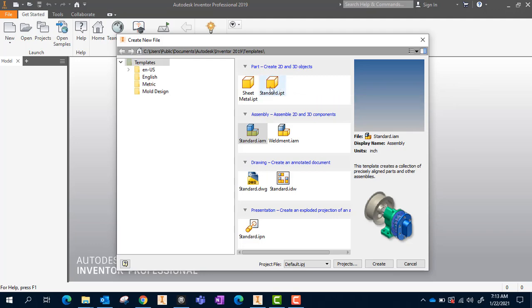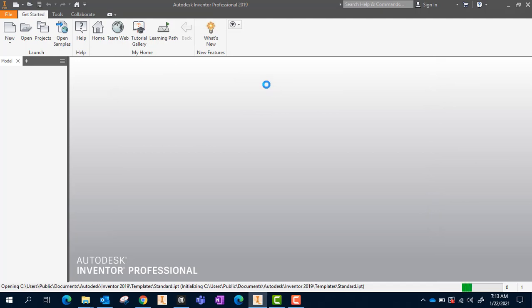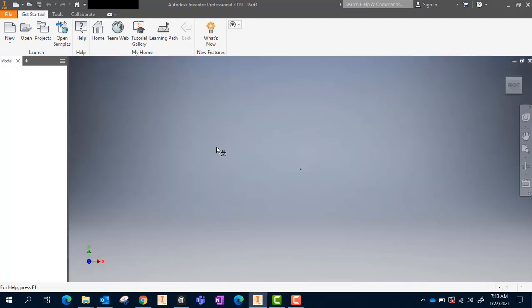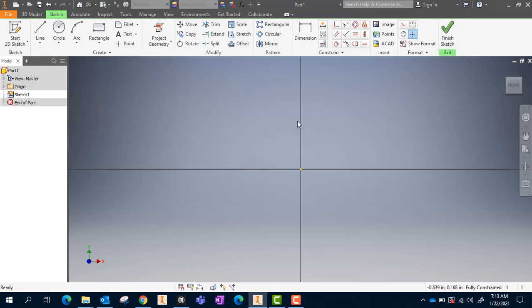As usual, we're going to do a standard IPT. And if you ever get this, just go and hit OK. It's an error that's ongoing. So here we are. Mine automatically bypasses the 3 different planes that you have. But again, I'm always going to start with the XY plane, which is going to be the front view. Whenever you click on the XY plane, it should immediately go to basically